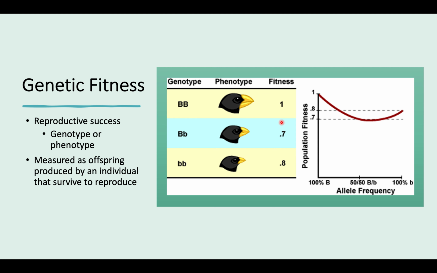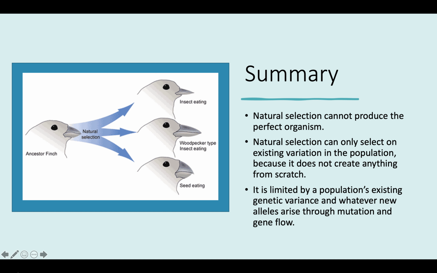Then here we have a heterozygous, which would be a medium-sized beak with medium fitness. And then here we have a bird that is homozygous recessive with a small beak and another relatively high fitness. It may not be the obvious choice that the small beak is higher in fitness than the medium-sized beak, but it does happen. So in summary,